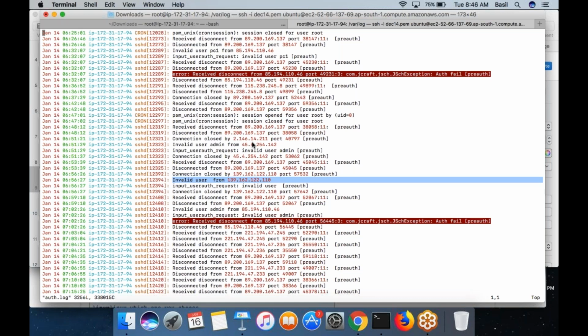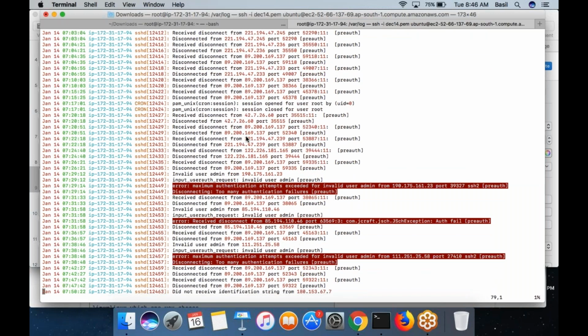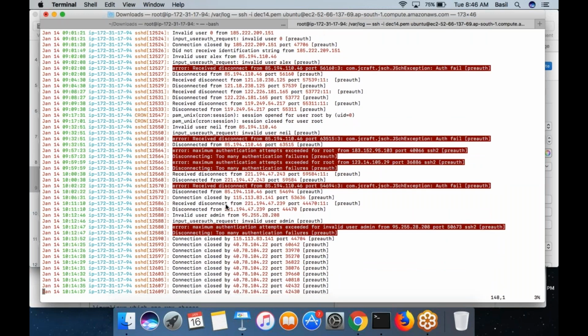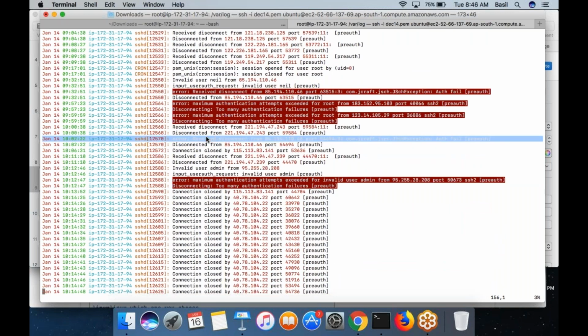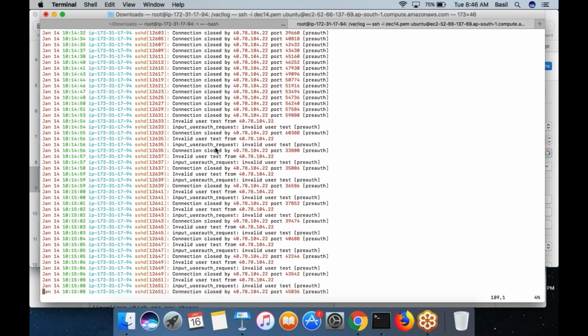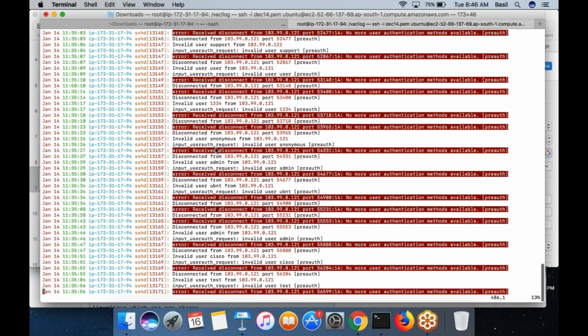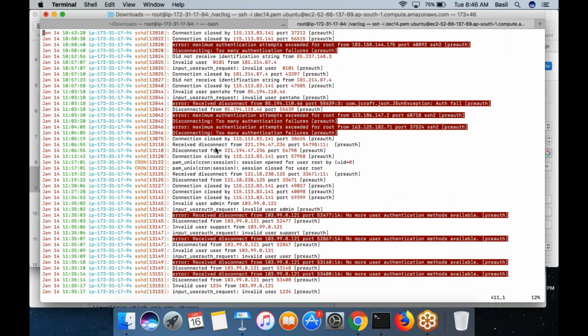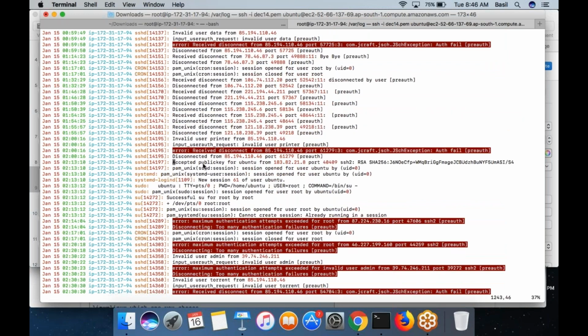Okay, fine. So all such attempts would be logged into this particular file, and you can even see an entry something like accepted. Let me just search for accepted. Okay, let's take a look at this particular line.